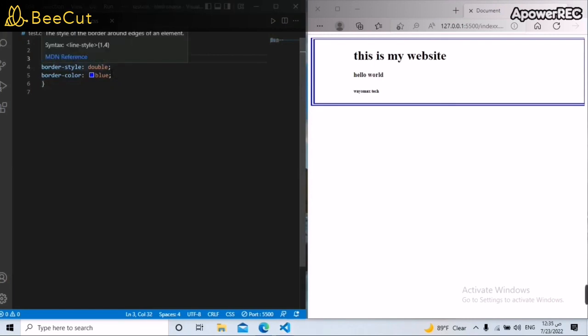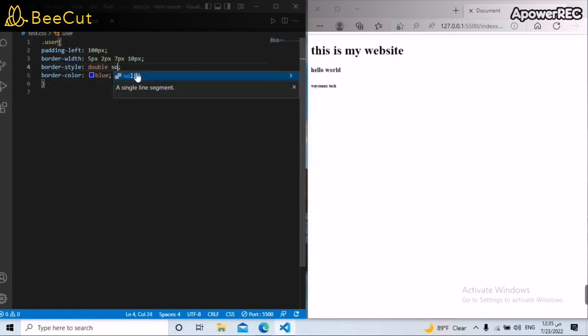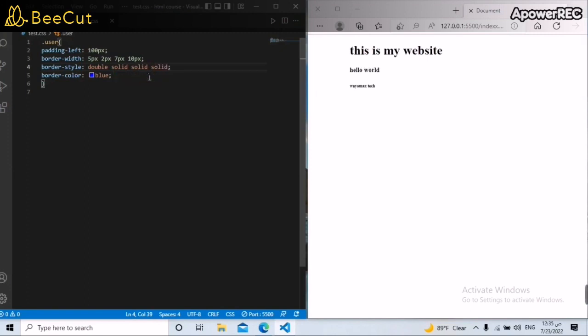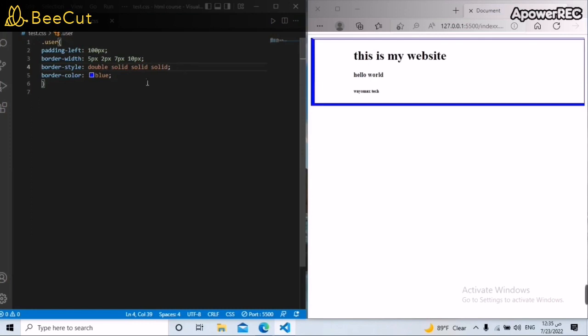And can I control the style of the border? Of course you can. For example, let's choose solid. This is the right one. I see it make it solid, and another one, let's make solid, and the solid. I see this is how it's working, and we can control the color of the border, the sides of